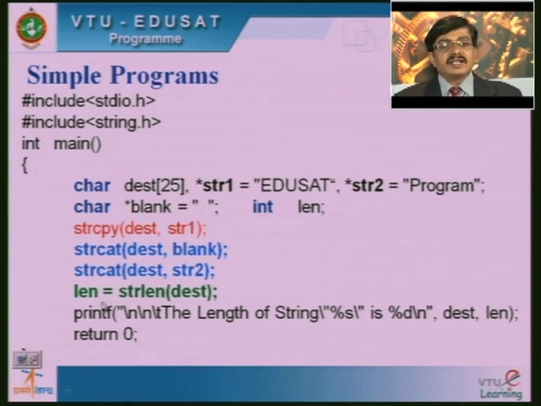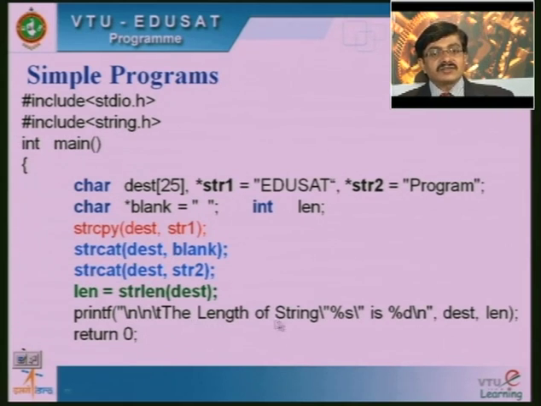So the length we get via the strlen function. To make use of all these particular functions, we must include the string.h header file. Then, the length of the string: %s is %d, destination comma length. Since I am printing the double quotes,